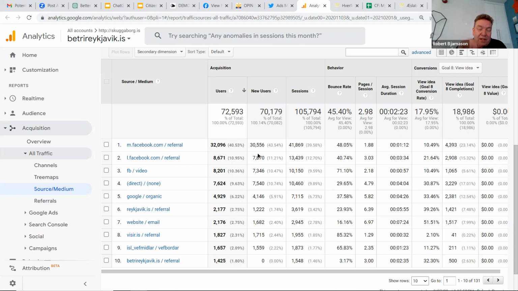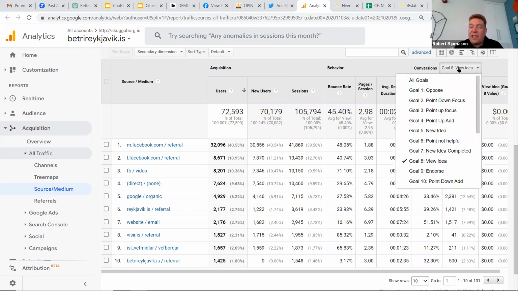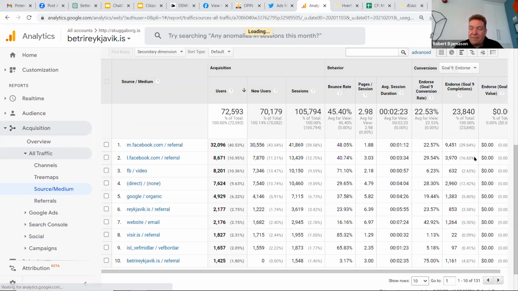Vísir.is is a national newspaper. And you can check your goals here, for example people who have endorsed something, who liked something, and then you can see the differences. If you just look at the goal conversion rate here, 22% of everybody who visited the platform pressed the like button or something. But you can see a huge difference: a lot of people who came from social media, 22%, 29% here, clicked the like button. But people who came in through Facebook video advertisement, only 6% of people